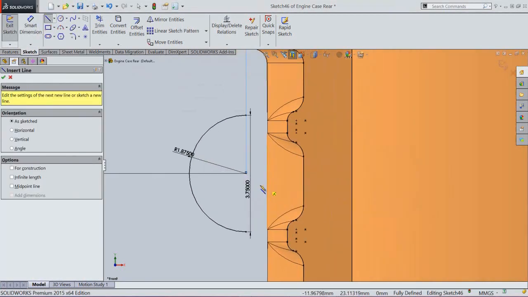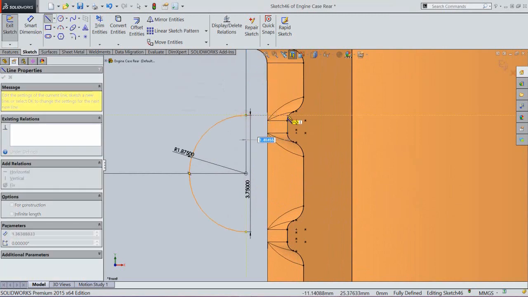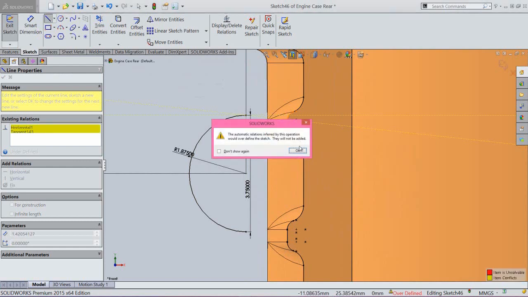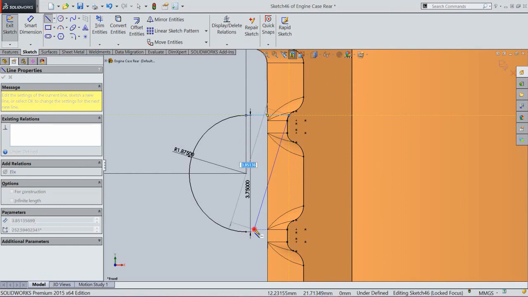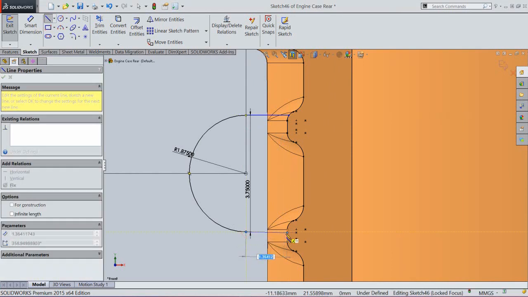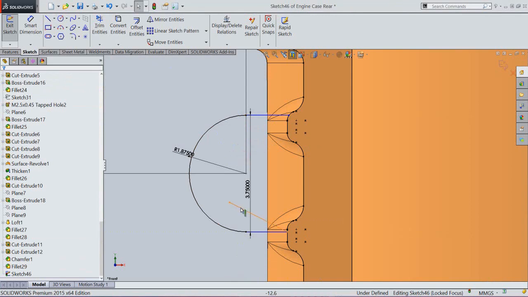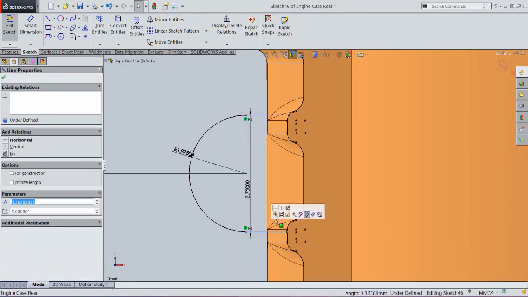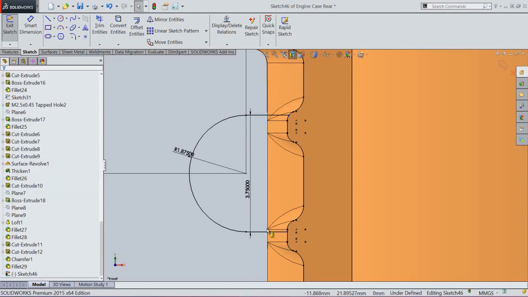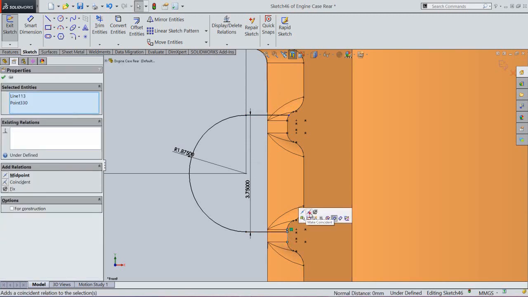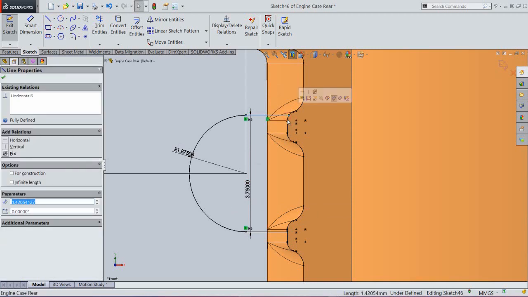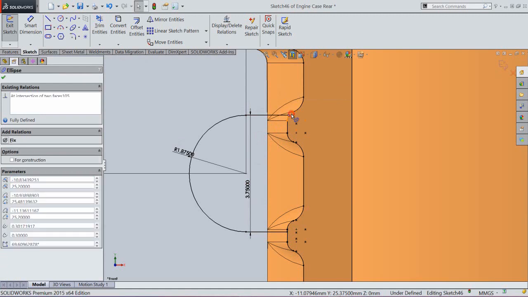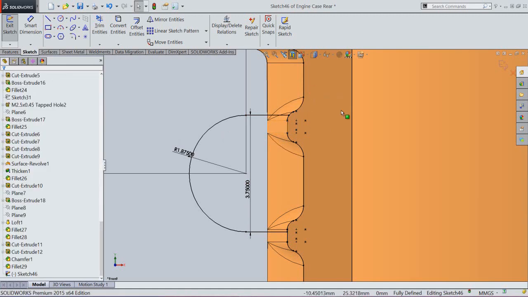OK, create another dimension. OK, finish the sketch.